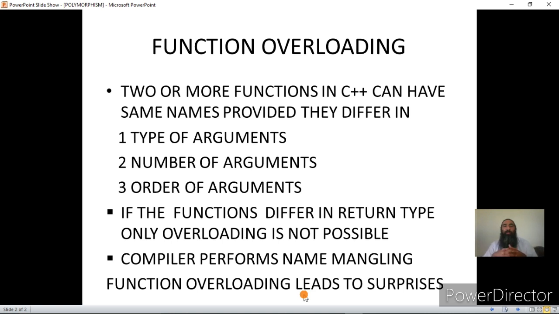Sometimes we give actual arguments which don't match the formal arguments of any of the functions, but still the call takes place, and in some cases there was an error also. So it will lead to surprises. Sometimes calls will take place, sometimes they will not, and this is strange behavior of the compiler. I have told you there are certain limitations of the compiler, and this is one of them, where you don't know how the compiler treats this.